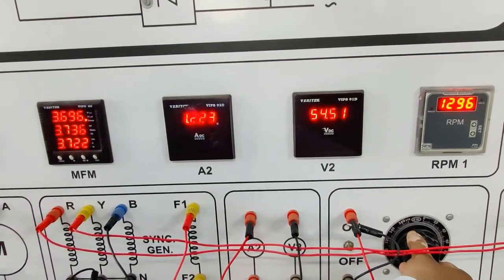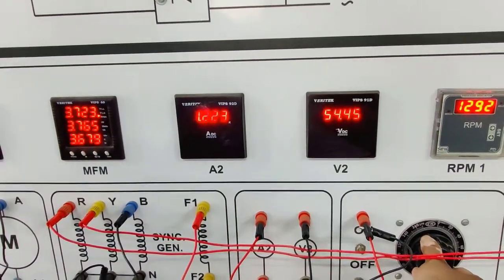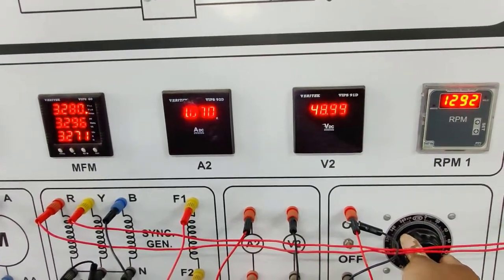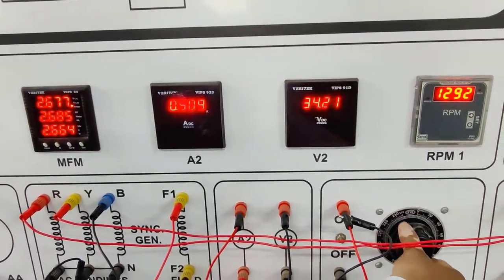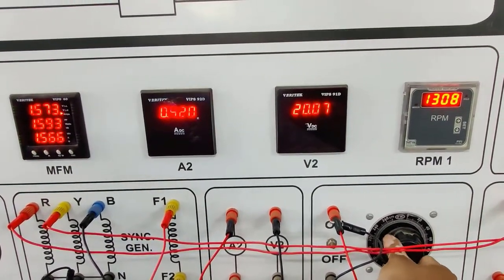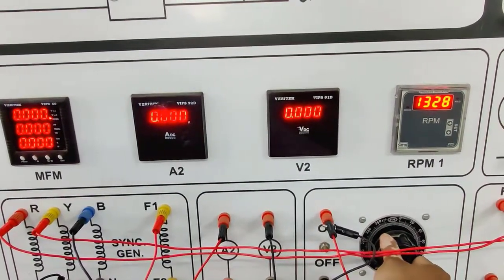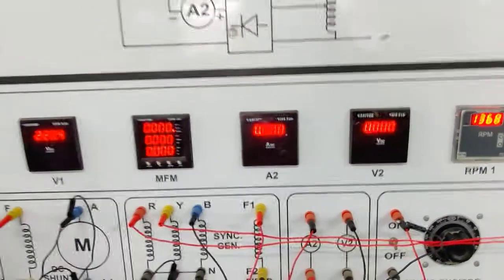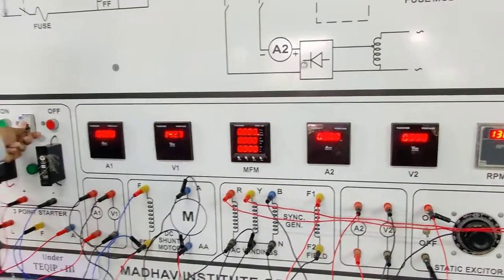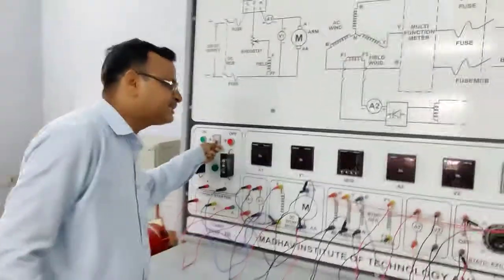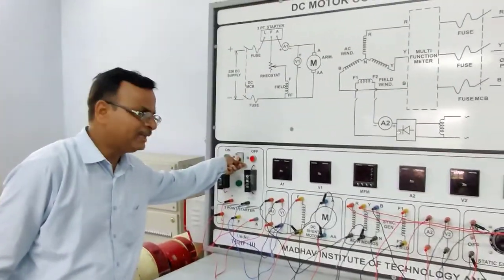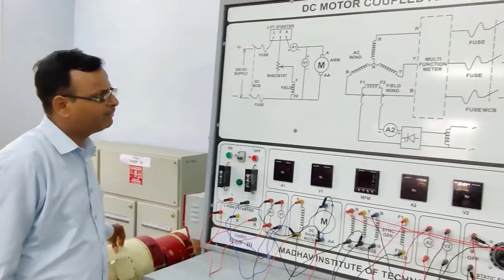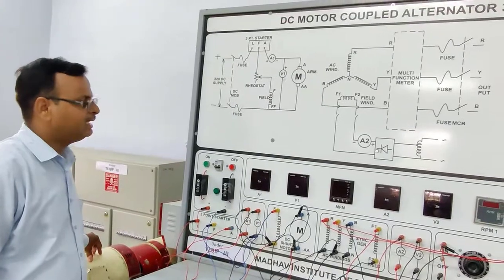3.7. Yes, so these are 6 or 7 readings. With the help of these, we can draw its SCC characteristics, and reduce the excitation slowly, and see that switch off and MCB off. So the SCC characteristic test is completed. So in this alternator, we will perform 2 tests, OC test and SC test.